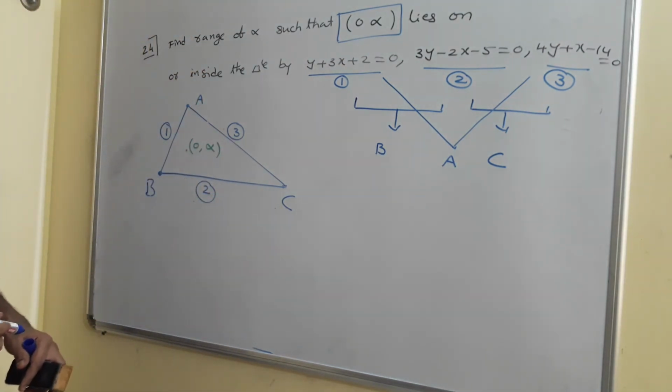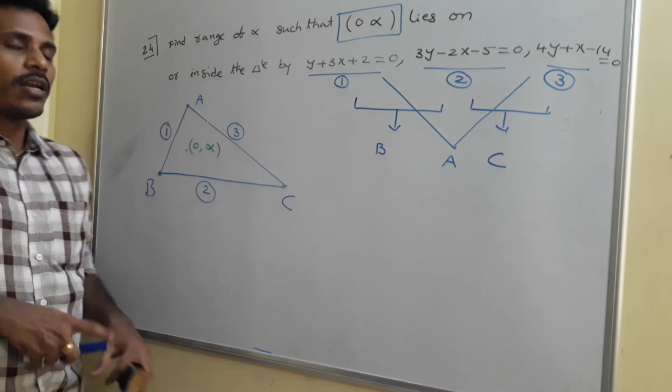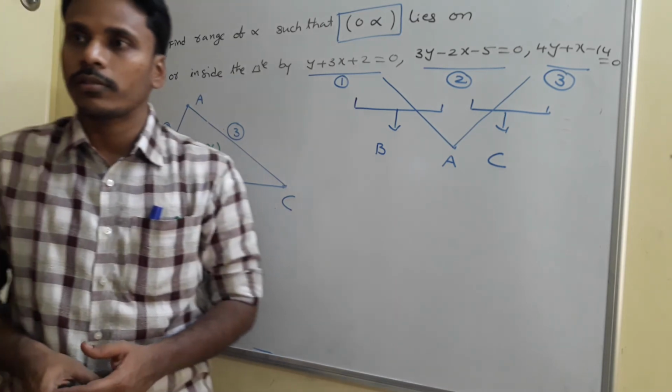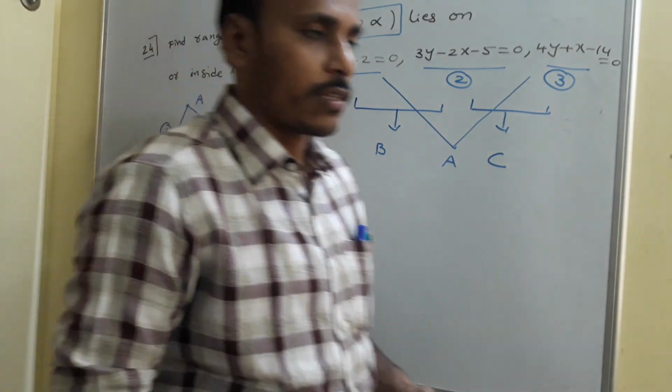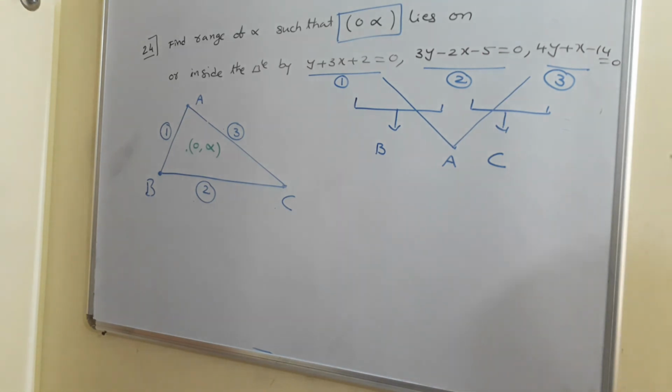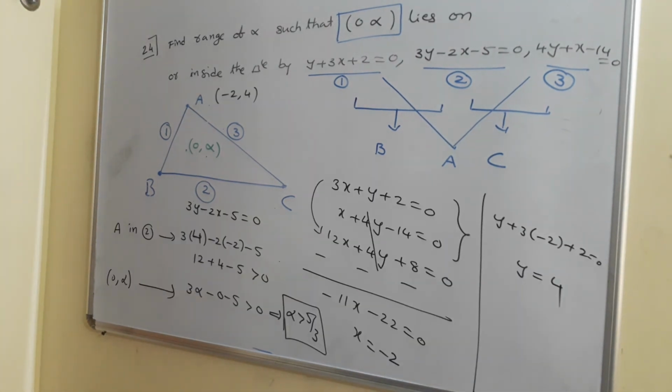How to solve these lines to get the point? Generally, solving linear equations in 2 variables and getting the values of coordinates, the values of x and y. Just think a while how to solve this. Yeah, I will directly give you the points and then I will solve the problem. Yeah, look at the problem.